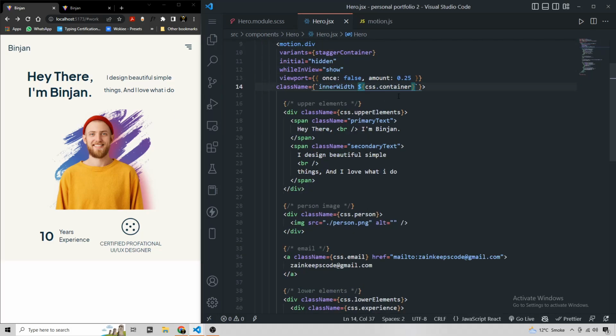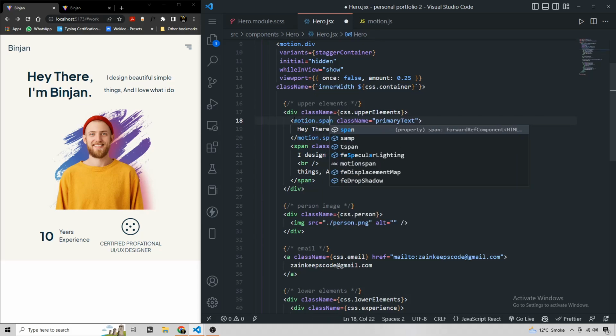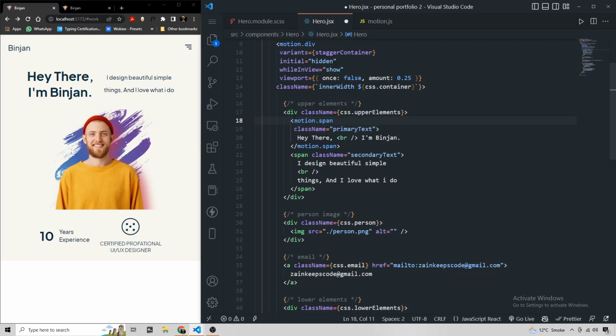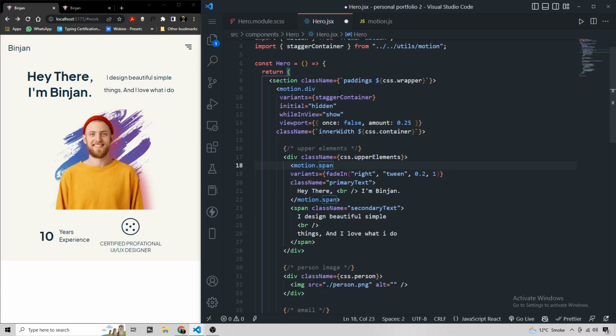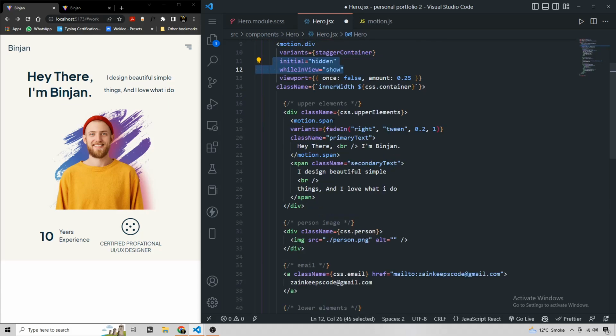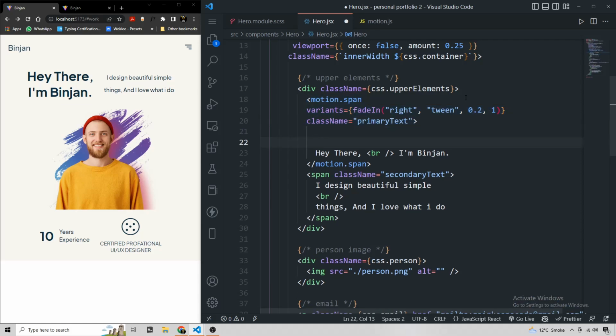I am going to target these upper elements, and first of all target this first span. Here I am writing motion.span, and we have to apply some variants, and I am giving it a variant of fade in. By the way, as we have given the parent container as the stagger container with the initial and while in view, we don't have to make it again and again for the child elements. Okay, and yeah, we can make it clean